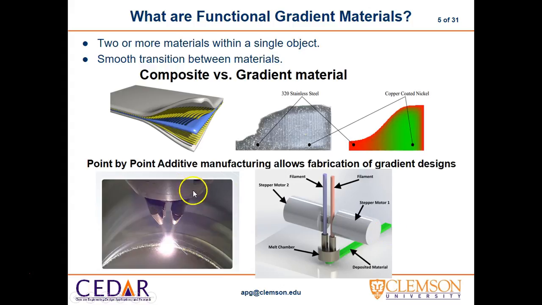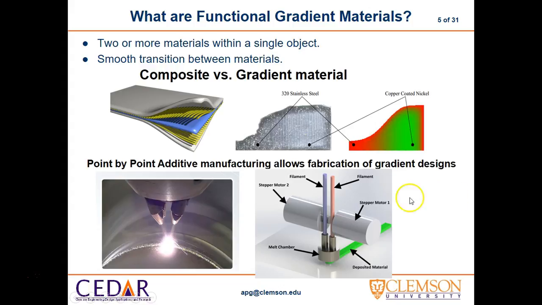So here are two pictures. This one on the left is a direct metal deposition process, where metal powder is being shot into a laser, which is melting the particles in flight, and then they solidify onto the substrate, similar to welding. But by changing the material that's coming out of these nozzles, you can make a gradient material. Similarly, this is a graphic of an FDM 3D printer, which is the common